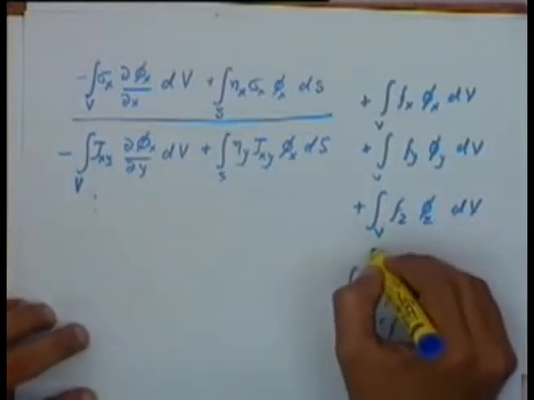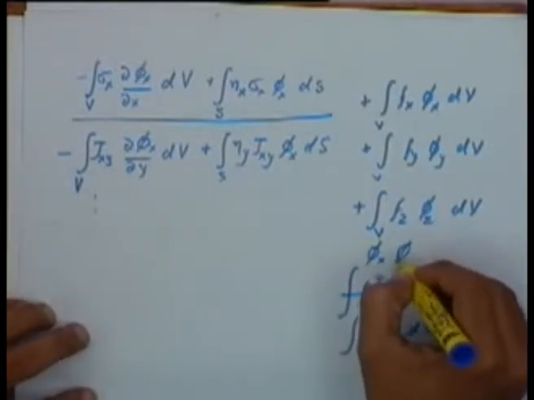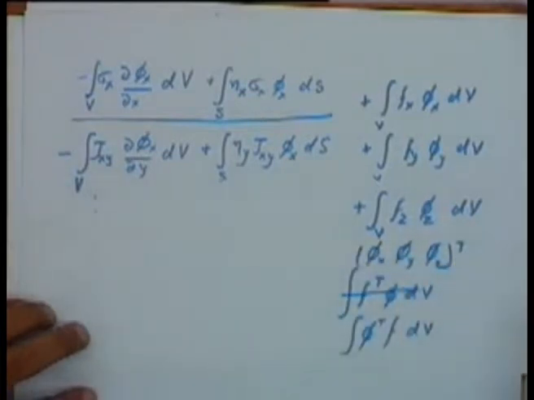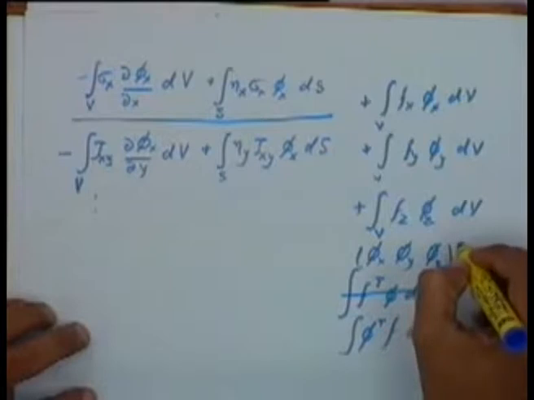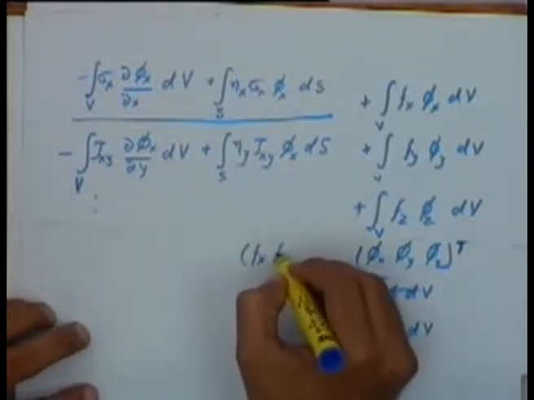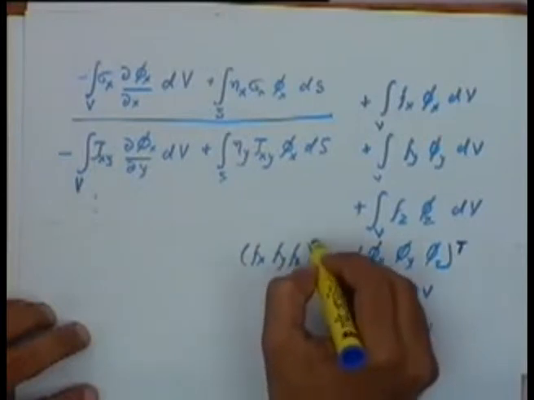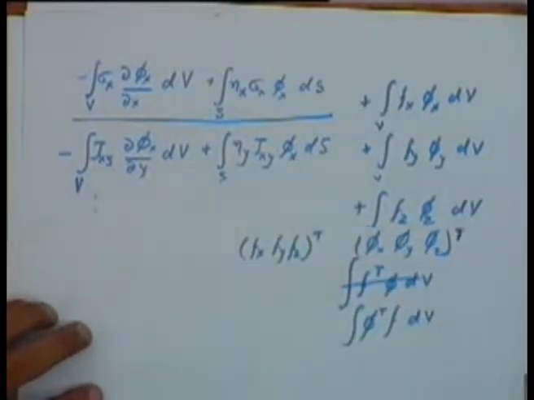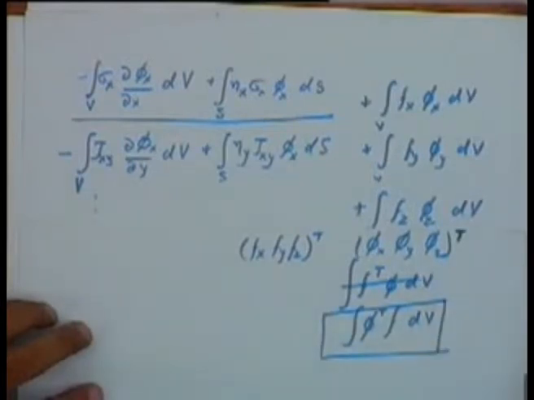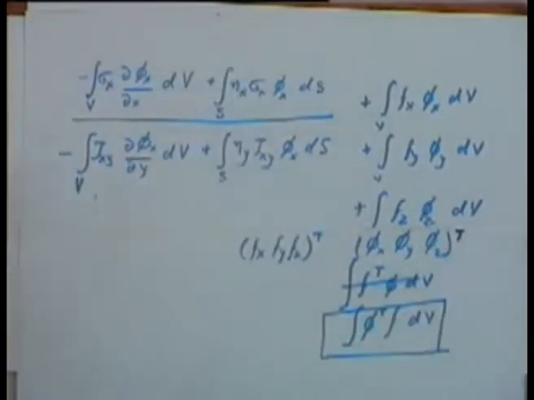Okay, where phi is nothing but phi x, phi y, phi z column vector, and f is nothing but fx, fy, fz transpose. Okay, so these 3 terms can be written like this. Okay, now if I look at these terms,